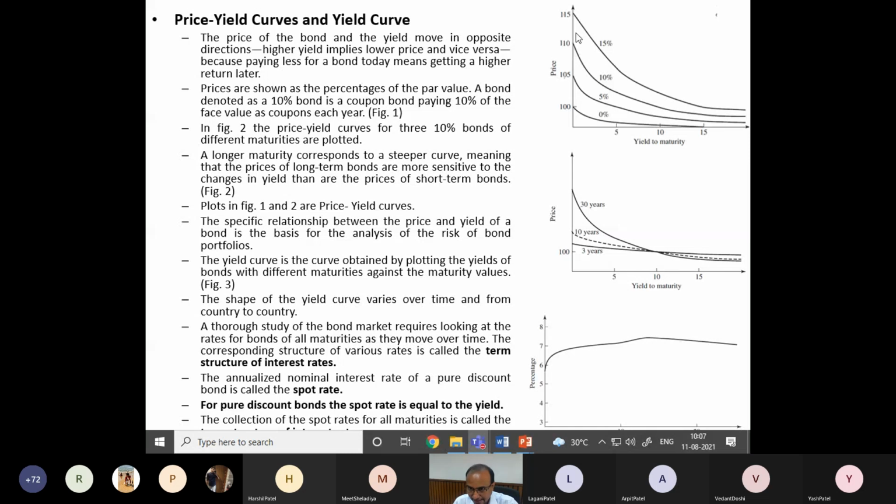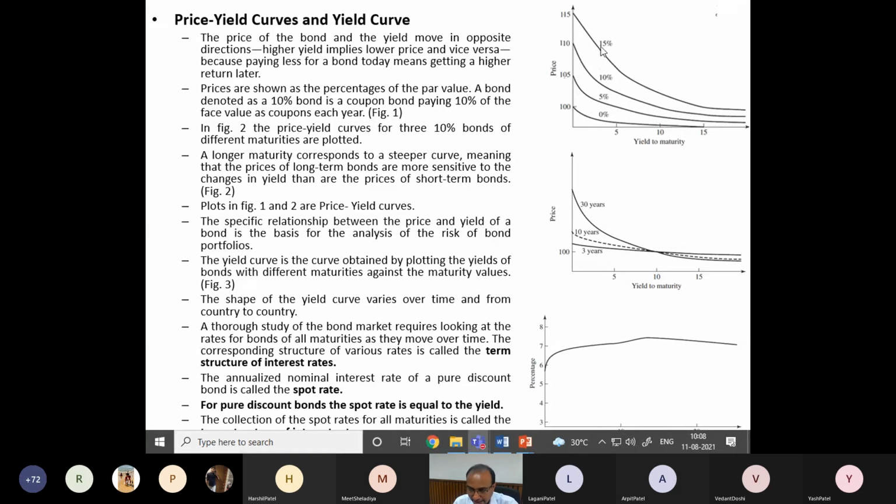So you can see in the first graph it is yield to maturity versus price, and the second plot is also yield to maturity versus price. Here price means the present price of the bond, at which price it is selling. The face value is fixed, but the present price is on the y-axis. In the first graph, it is the curve for different values of coupon rate. So I have taken 0%, 5%, 10%, 15% here. There are different bonds in the market which have different coupon rates.